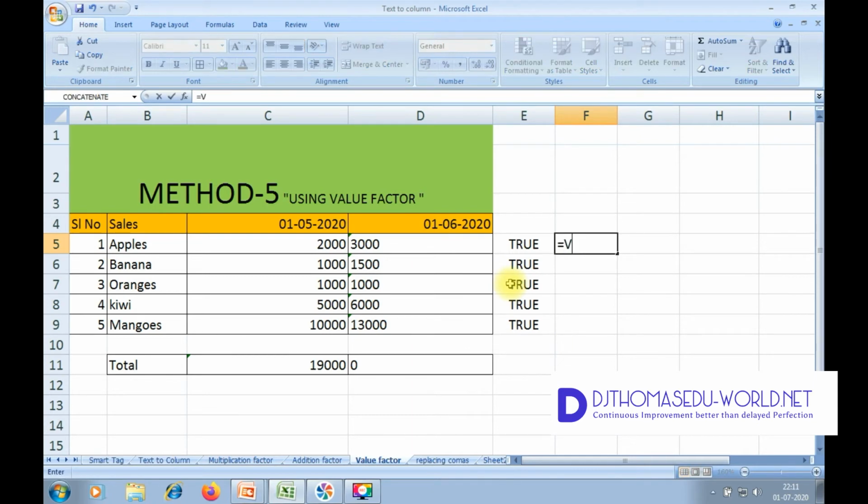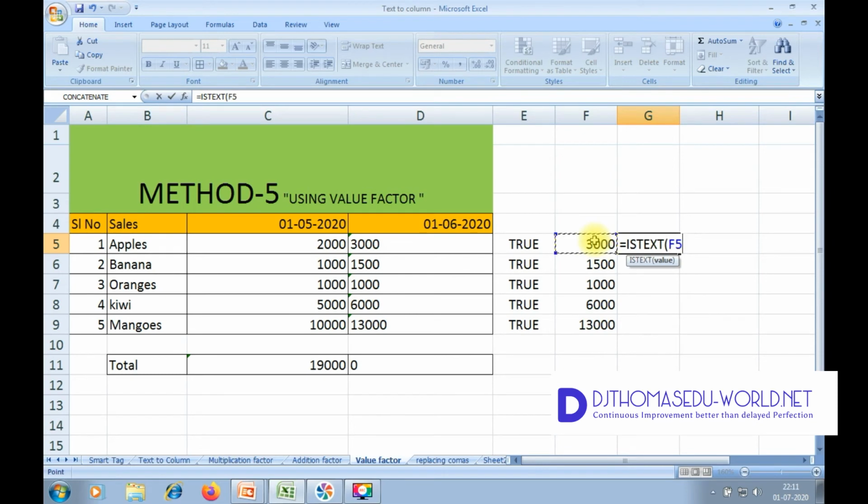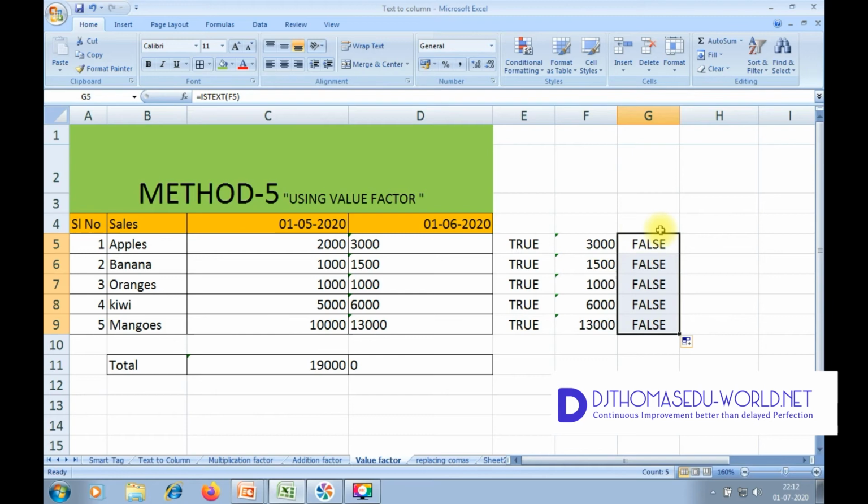Just type equals VALUE, open bracket, select the text which you want to convert, close the bracket and give enter. Now just propagate it down. We'll check whether it is converted using is text. Select this and propagate down. We get all the conditions as false, indicating that the values are converted to numbers.